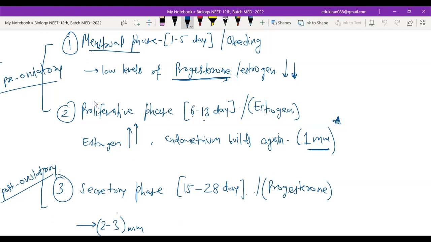Proliferation is not dying. It is just the opposite of dying. It is like expanding. Life is proliferating means there is greenery everywhere. If your kitchen garden is proliferating, it means whatever you have grown is growing very well. So this is called the making up phase. This was breaking down, this was making up. So proliferative is the making up phase, where the levels of estrogen